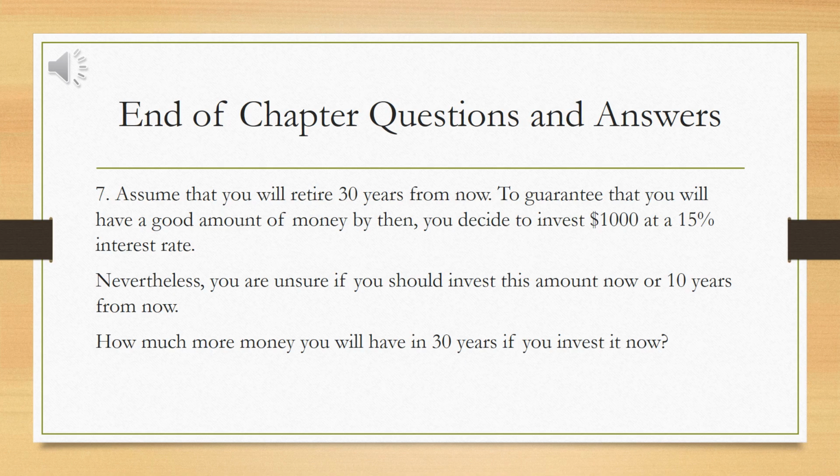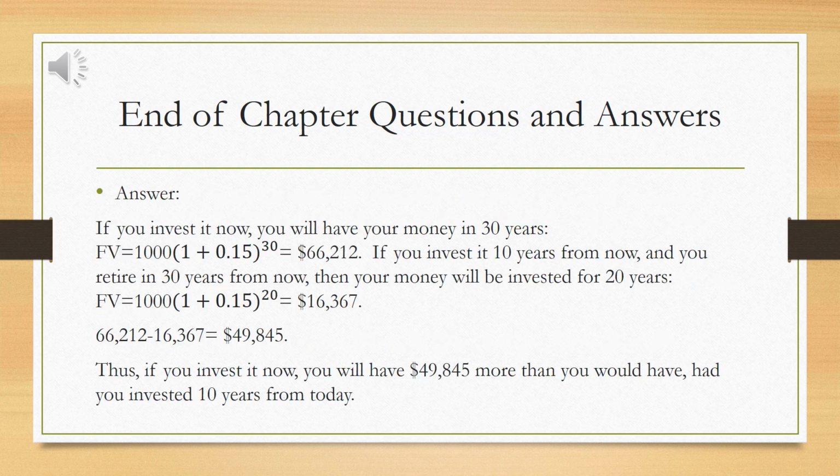How much more money will you have in 30 years if you invest it now? The answer is, if you invest it now, you will have your money for 30 years. The future value would be 1,000 times 1 plus 0.15 to the power 30, which is